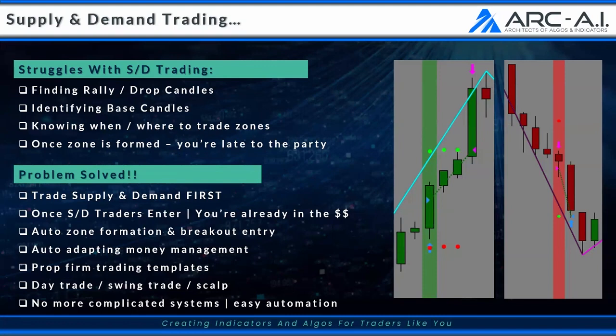You can get in. The system is going to identify where that demand or supply is in the market, and it's going to trade it as it's moving. As the demand is exceeding the supply, that's when it's getting into the market, because that's going to get you in at the right spot. So where do you get in, right? So good question. So you have a couple options with that.